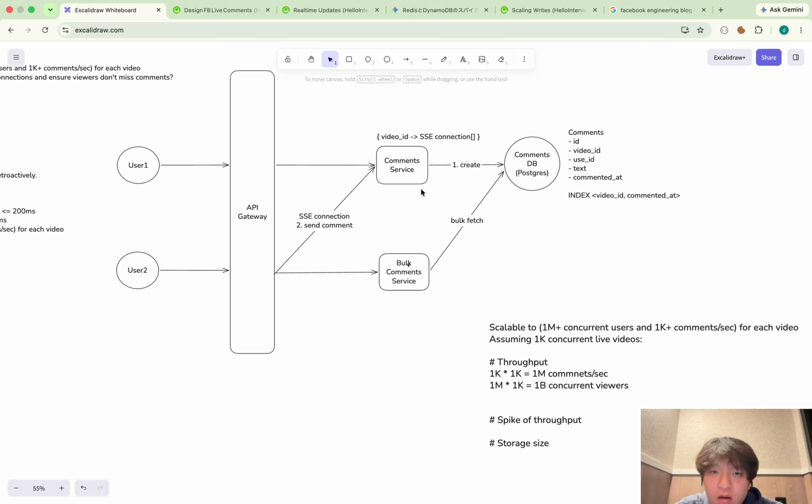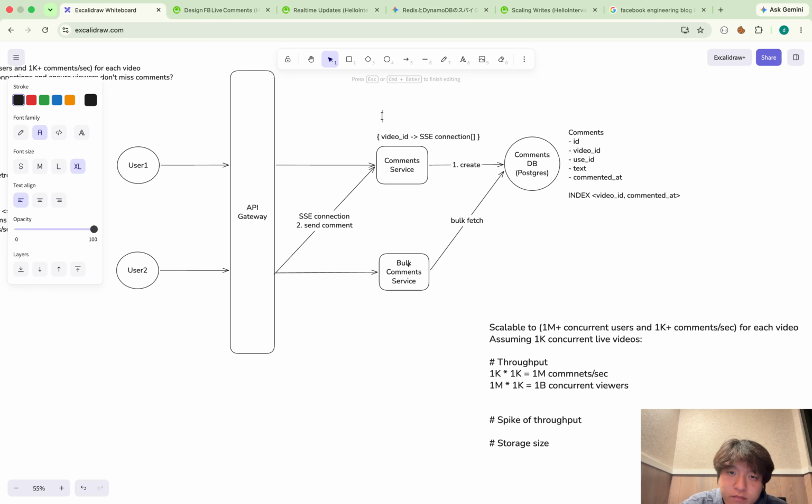Typically, one server can hold up to 1 million SSE connections, but that is the case for a very well-tuned, high-spec server. But I'm pretty sure I will use such a high-quality server here because there are so many users. That's the kind of upper limit.